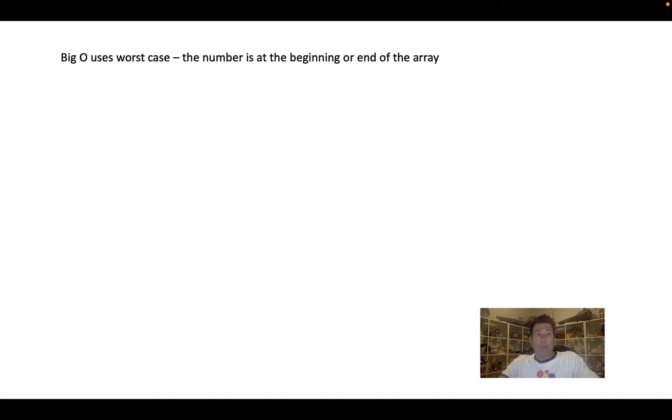So big O uses what's called the worst case scenario. If you have the best case scenario, that's the fastest. So that would be O of 1, which we saw when the number was actually equal to the middle value. But that doesn't happen all the time. So big O uses the worst case scenario. So in that case, the number is either at the beginning of the array or at the end of the array. So we keep dividing stuff in half,